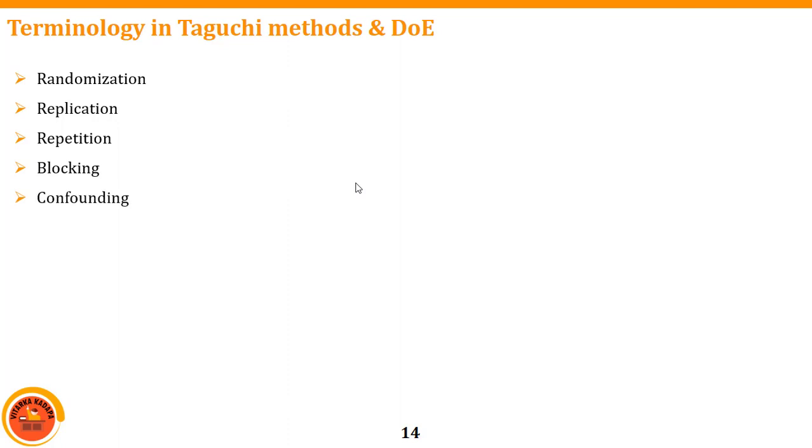Okay. And the next one is confounding. If two variables have the same levels, what happens? We will get some variation in the experiment. So this should be avoided. Basically, in confounding, we try to reduce it as much as possible. We check the experiment in such a way that confounding does not take place. Next, orthogonal arrays. Orthogonal means mutually perpendicular. I will discuss it in more detail in the next slide.